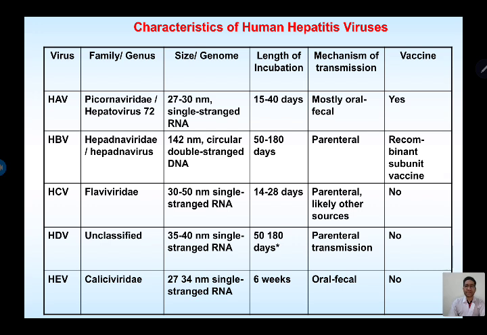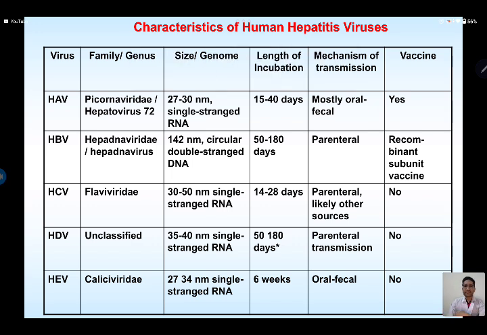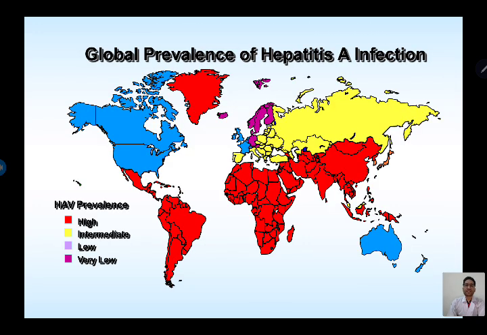Hepatitis E virus, Caliciviridae, 27 to 34 nanometer, single-strand RNA, 6 weeks incubation, oral-fecal route, and there is no vaccine. The global prevalence